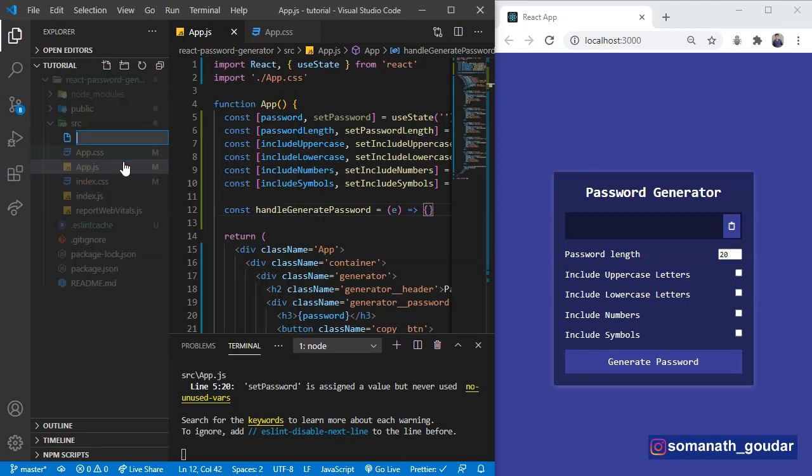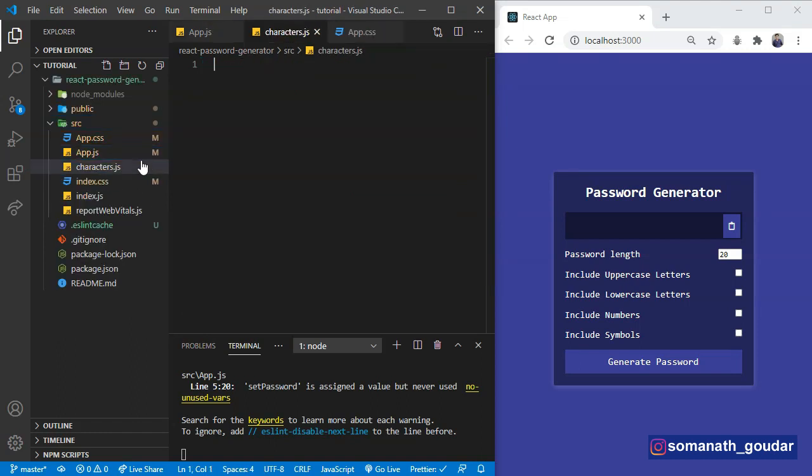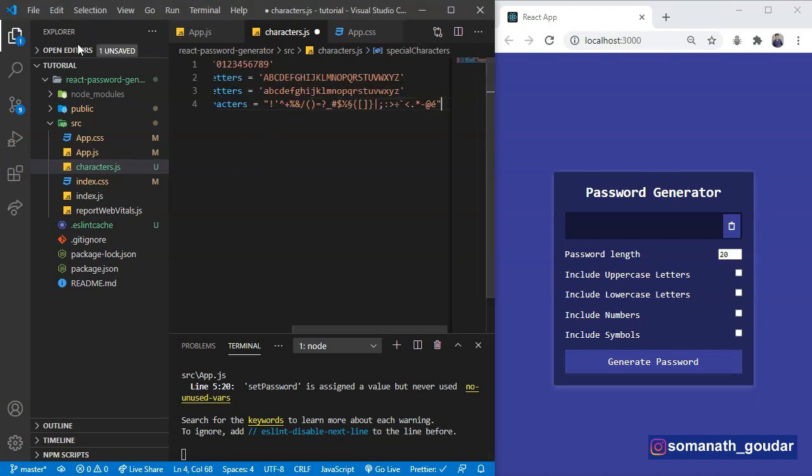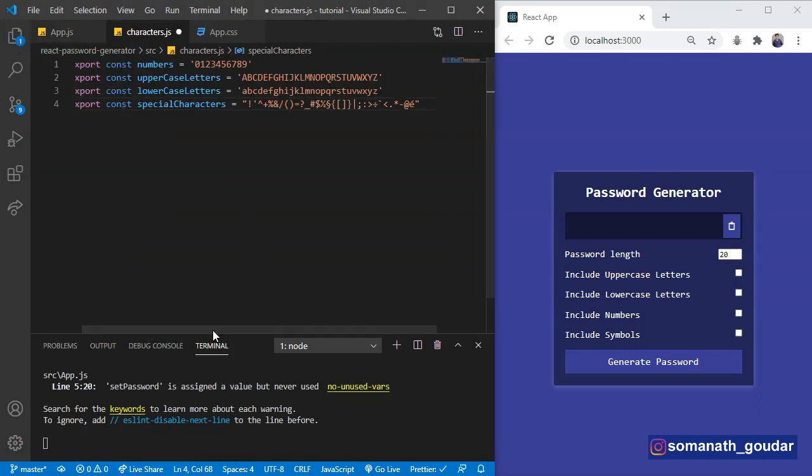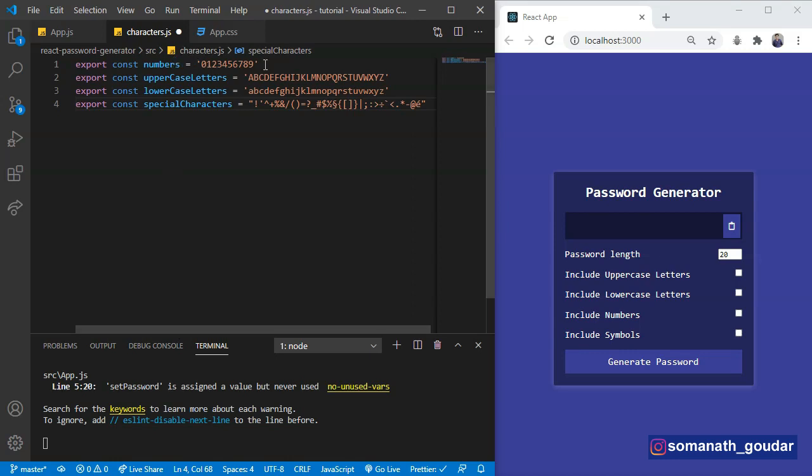Let's create a new file and name it characters.js, and inside of here we are going to need this data, which is going to have all the numbers from 0 to 9, all the uppercase letters from A to Z, lowercase letters, and all the special characters. Okay, now let's save this.